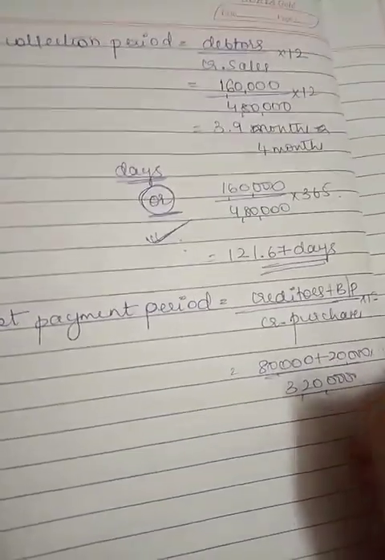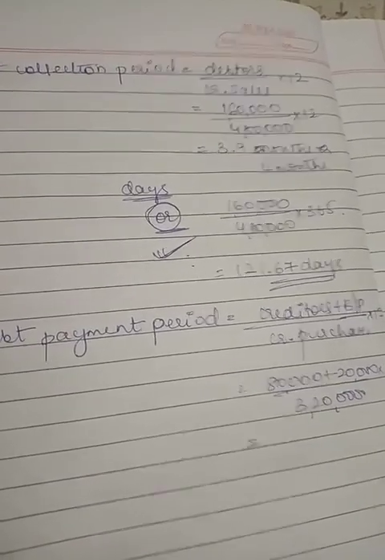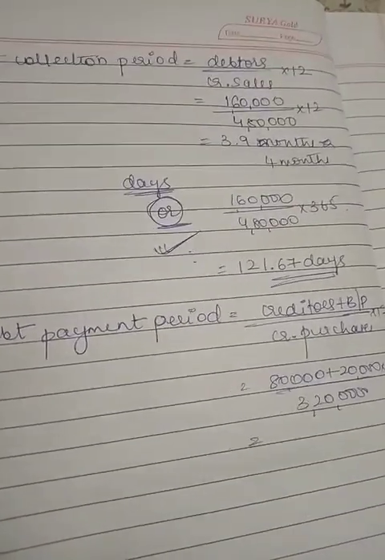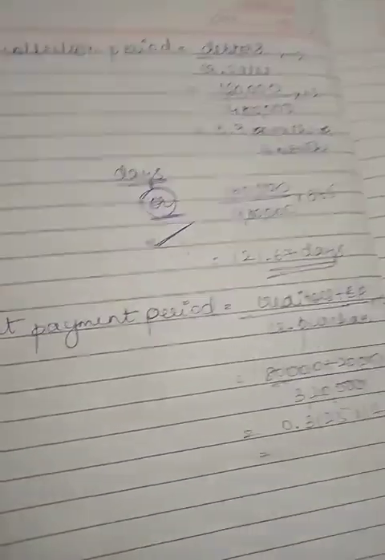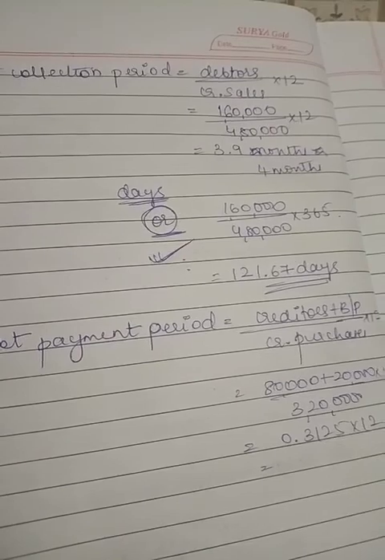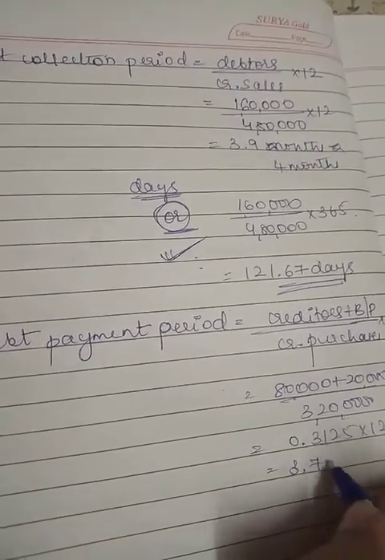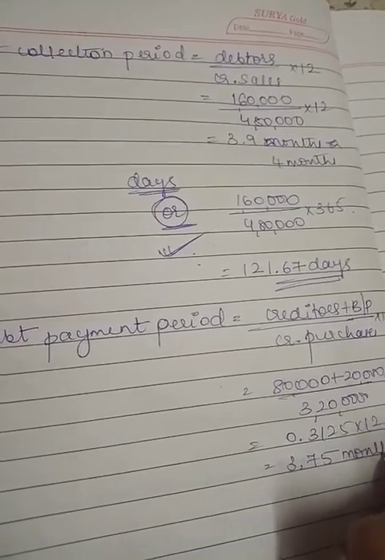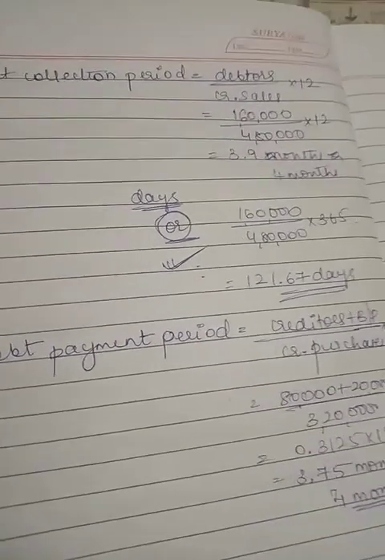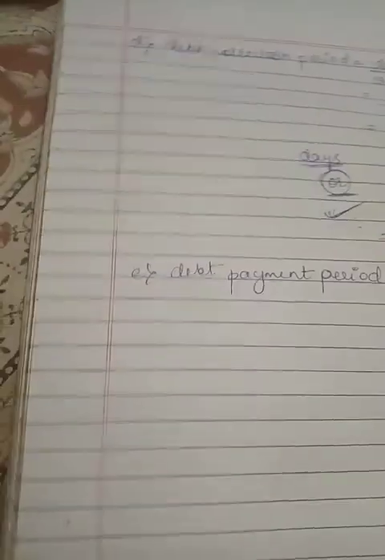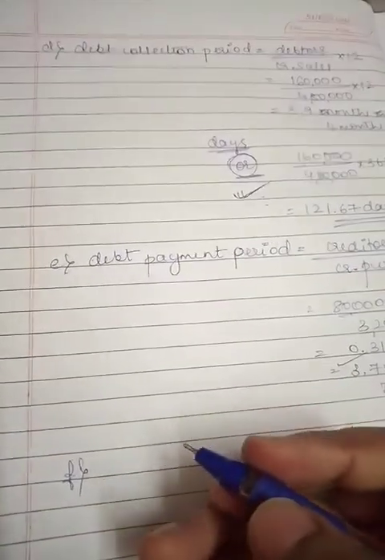3,20,000 into 12. So 80,000 plus 20,000 divided by 3,20,000 is 0.3125, multiplied by 12. 0.3125 into 12 is 3.75 months, which can also be indicated as 4 months, or else you can leave it as it is. Clear? Now there is one more to be computed, that is